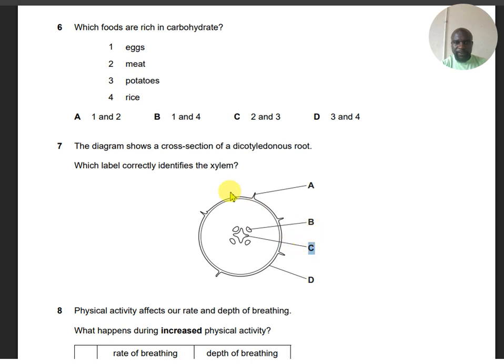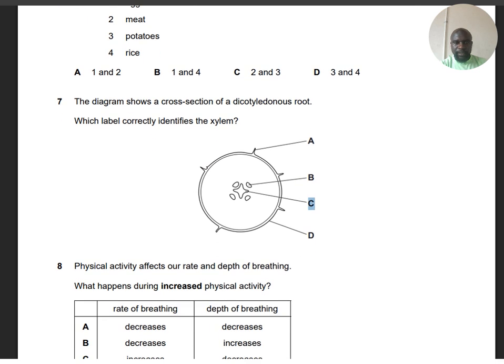So the correct answer for the question, which label correctly identifies the xylem on number 7, is C. Xylem inside, phloem outside, right? So moving on to number 8,